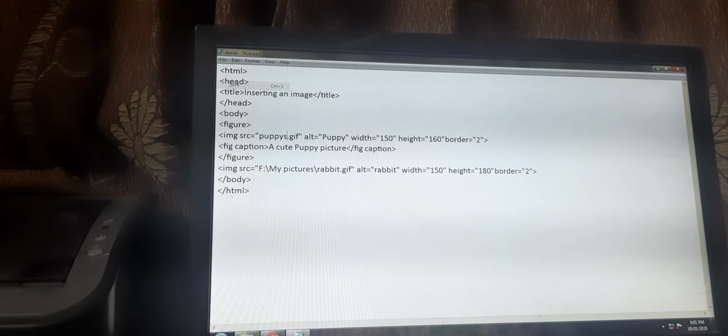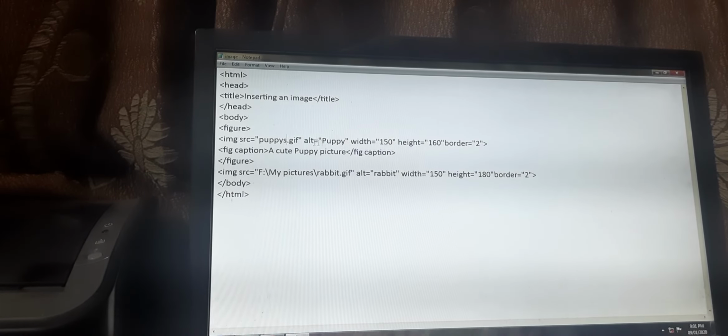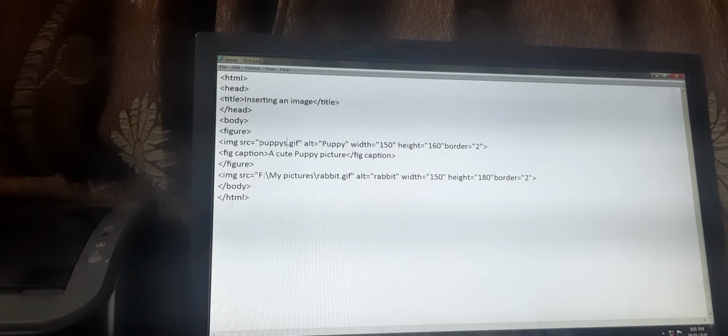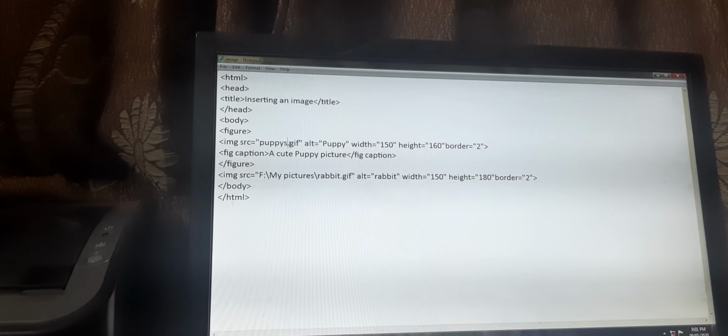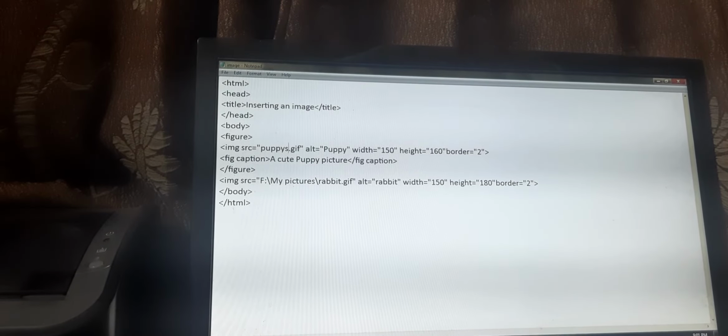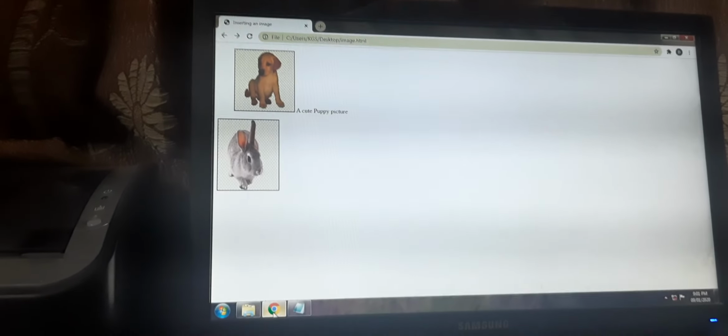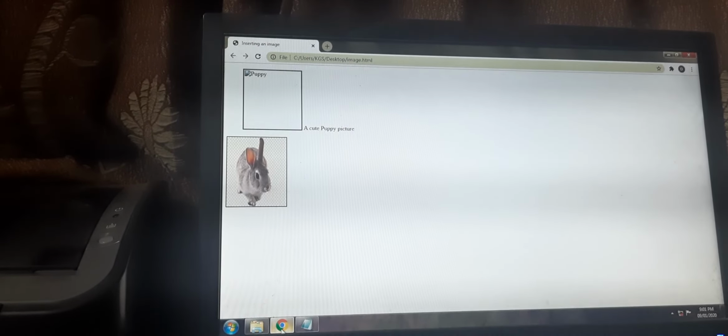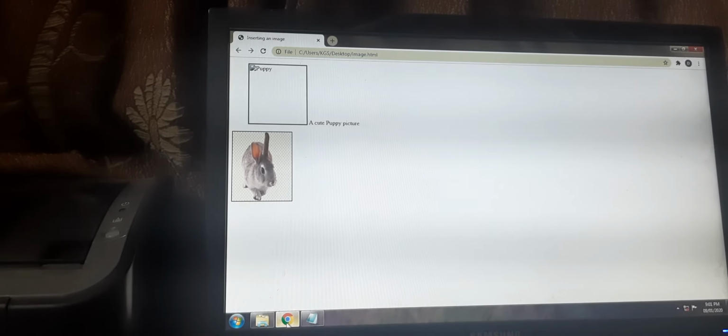This is for you to understand the use of alternative text. The actual file name is puppy.gif, but I've added this "yes". Now when I go to the output page and refresh my page, you will see that the picture is gone. It has vanished.